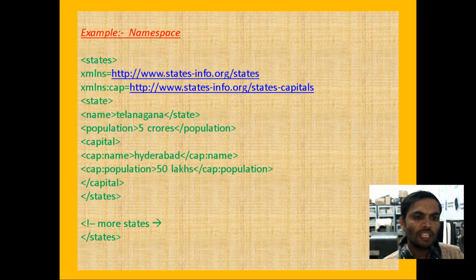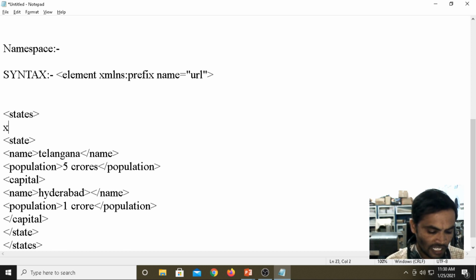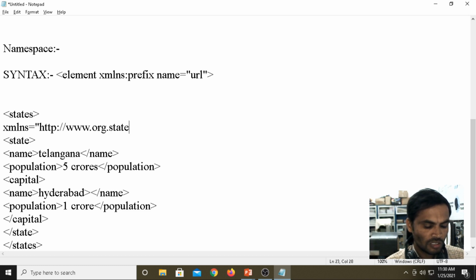How do you write the namespace? See here, under the state we are using the XML namespace: xmlns equals http://www.org.states.